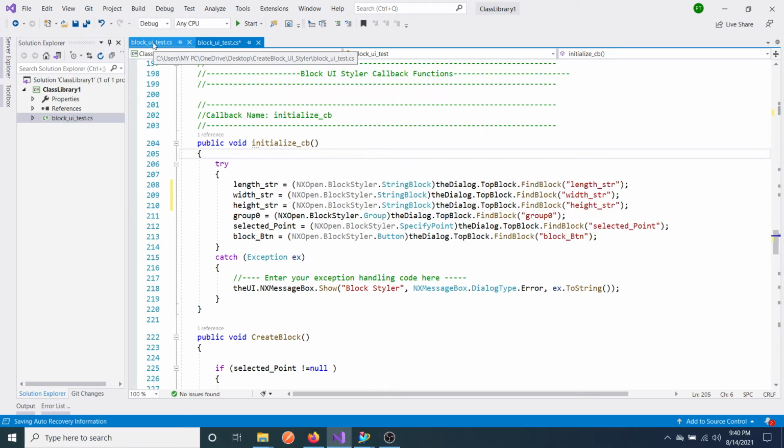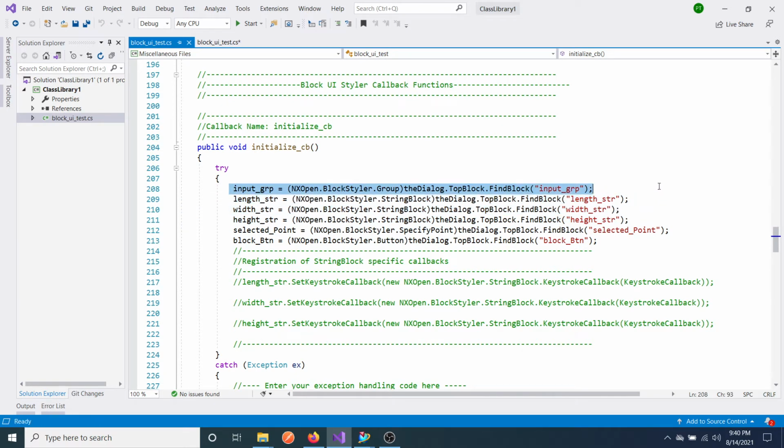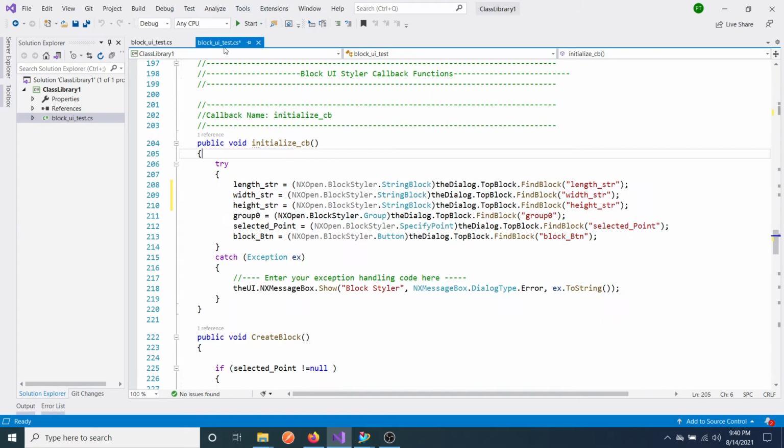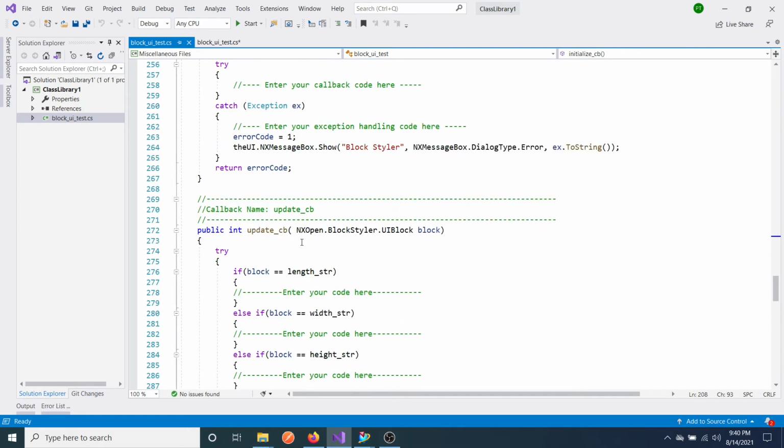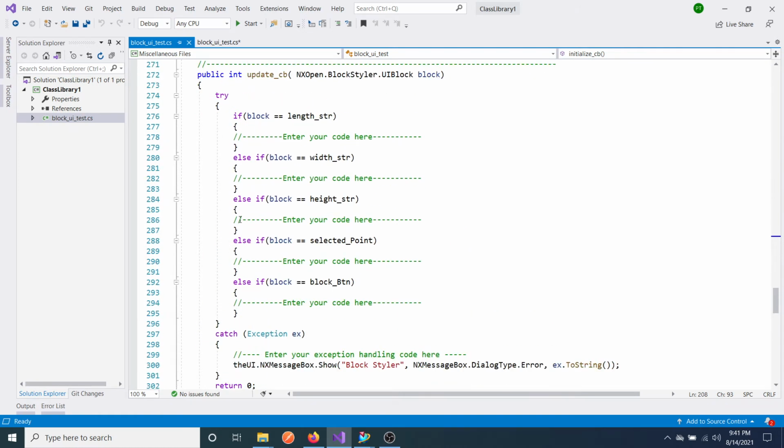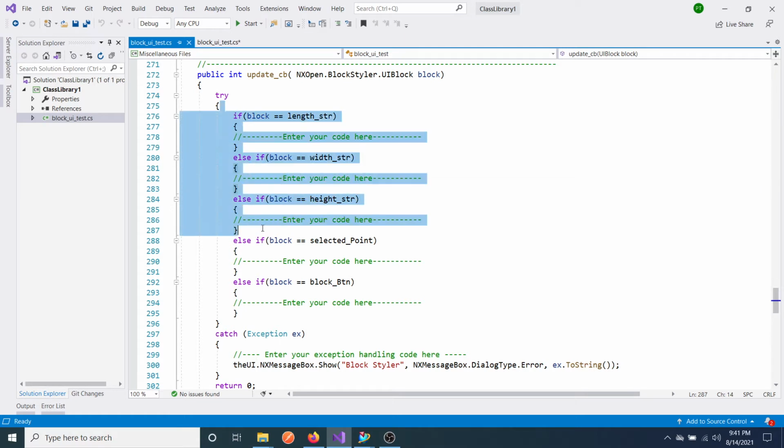I think this one I missed. Then the next one will be the update callback. So length, height, yes, only these three.